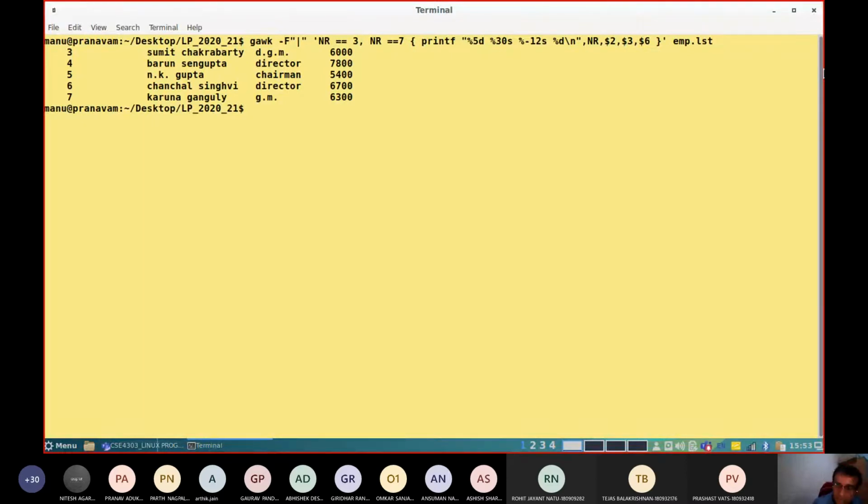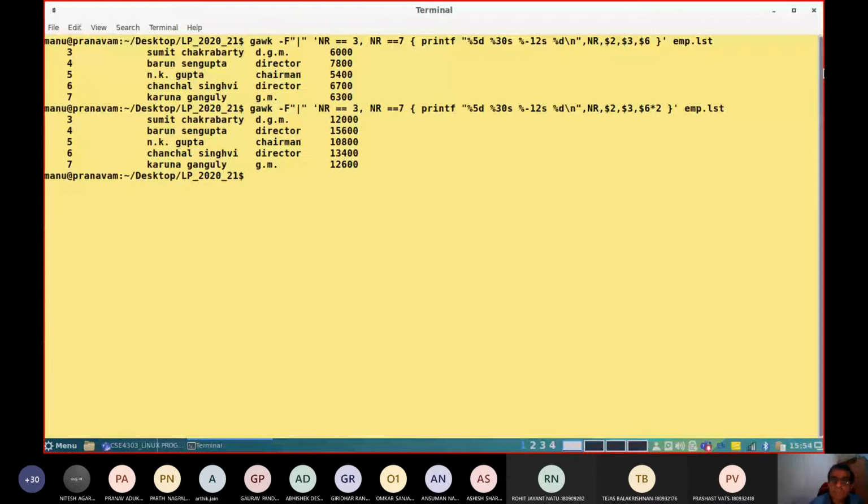Now if you look into the printf part of the command, I'm printing $6, that parameter 6. This is the variable name, $6 is for that. If I multiply by 2 here, see what happens. The number is processed.